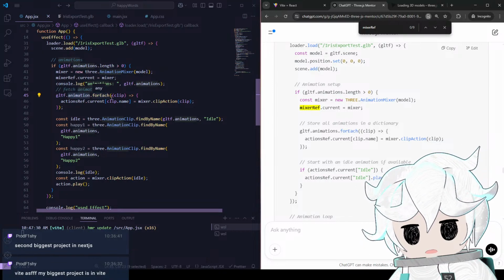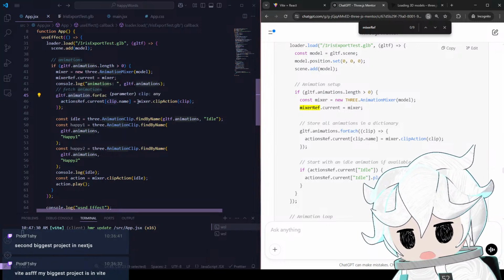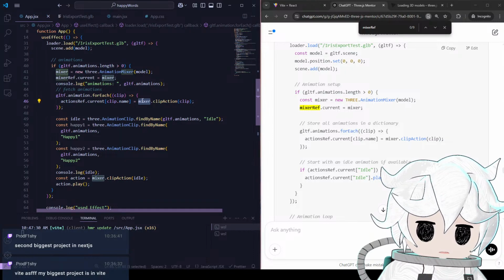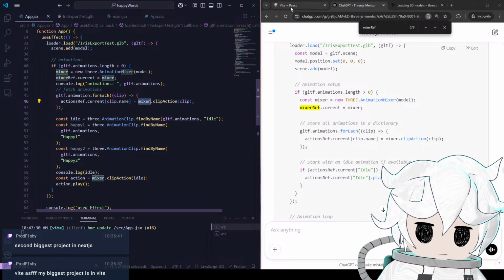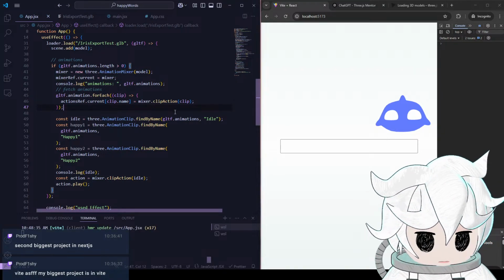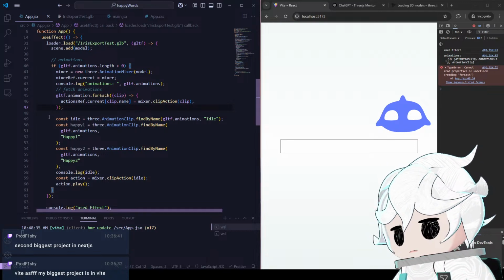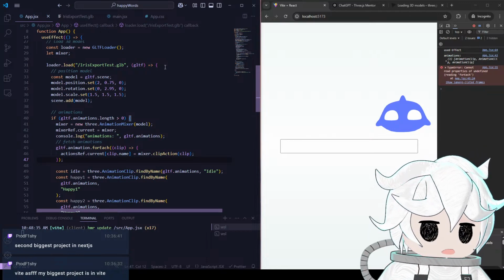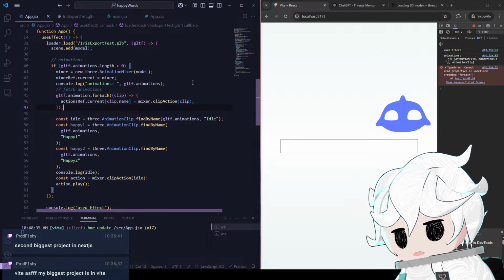Dot animation stuff forEach clip, then actionsRef.current[clip.name] is equal to mixer.clipAction(clip). That should be right? Make clear all this. Error at 31. Oh, okay. Here or